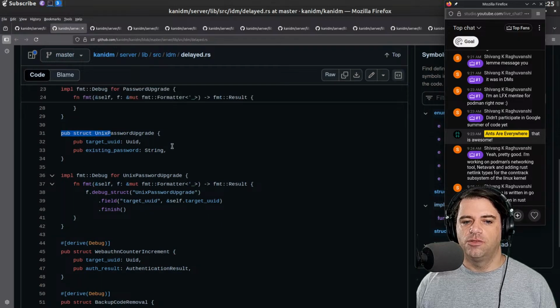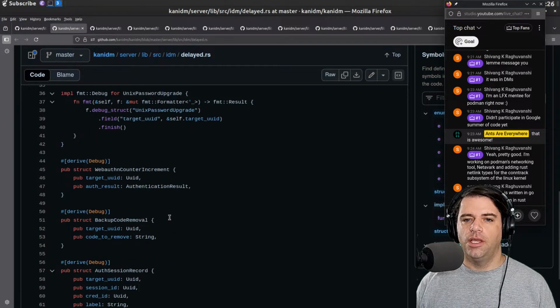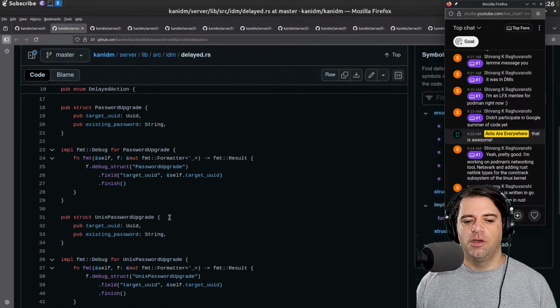Password upgrade is some struct, which has a target UUID and the existing password, which is just some string. And then we have a type for a struct for authentication, an auth session record. I don't know what makes it delayed. There doesn't seem to be any delayed specific code in here.